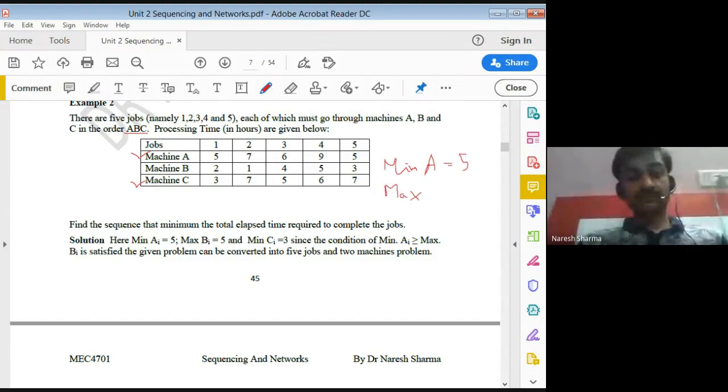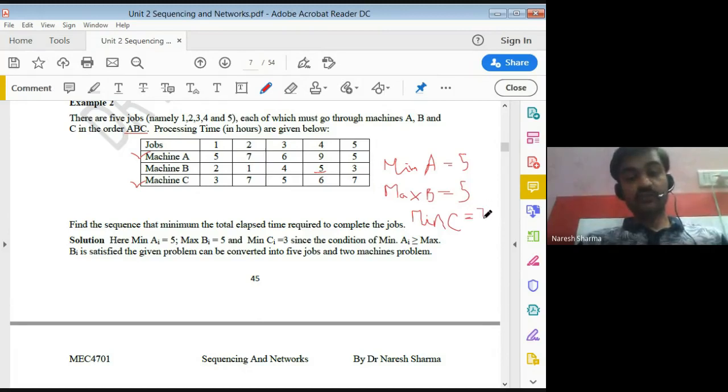The maximum value of B is 5, and the minimum of C is 3.